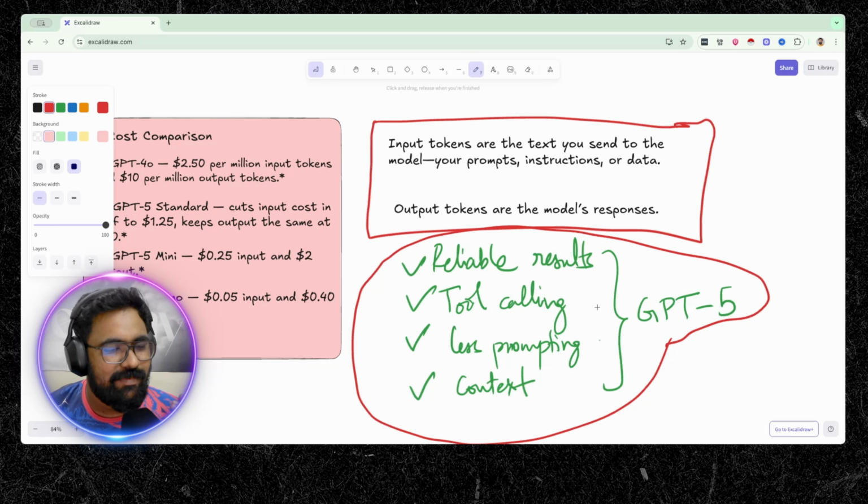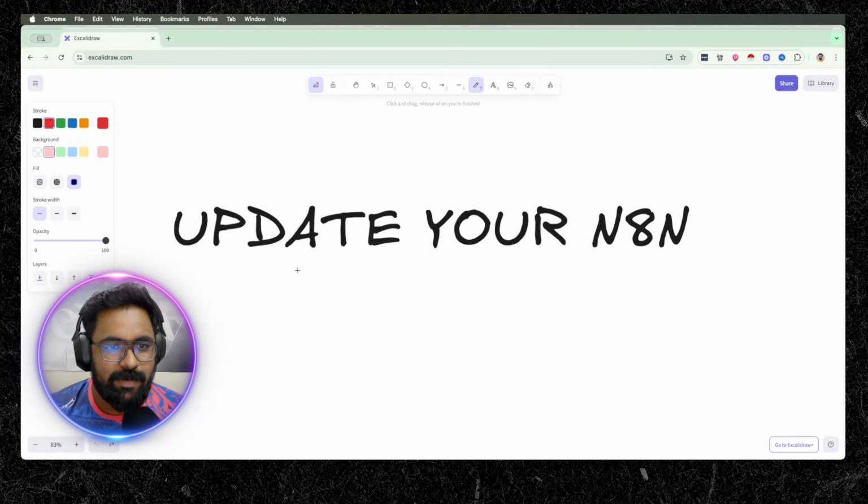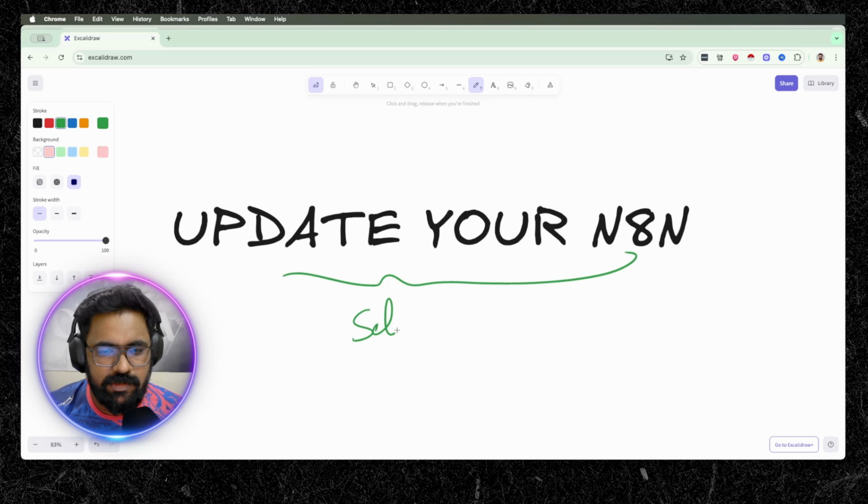So now that we have an understanding of the new model, its features, its benefits, its costing, next we will move on to N8N. We'll build something real quick to see GPT-5 in action. So one more thing before we begin, you'll have to make sure that you have updated your N8N. So if you're using a cloud hosted version, that's not really a problem for you guys because it's already updated at your end. But if you're using a self-hosted version, like I am using right now, you'll have to manually